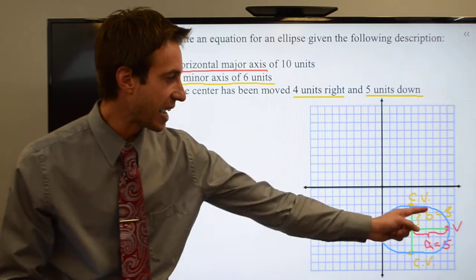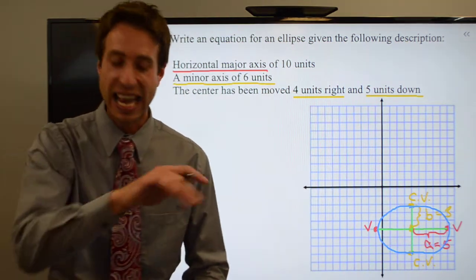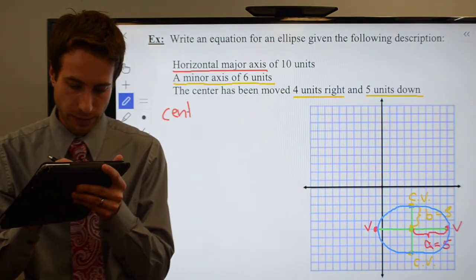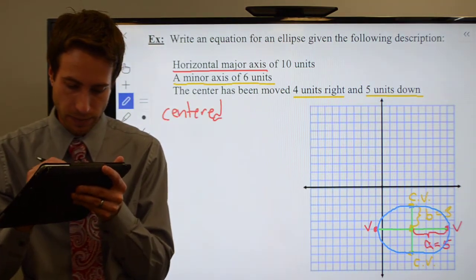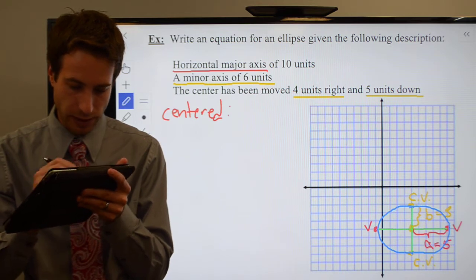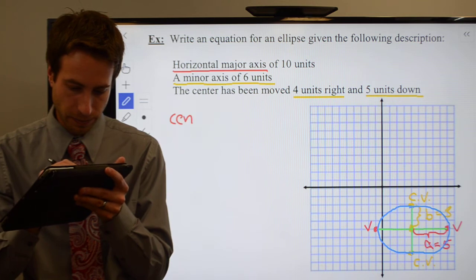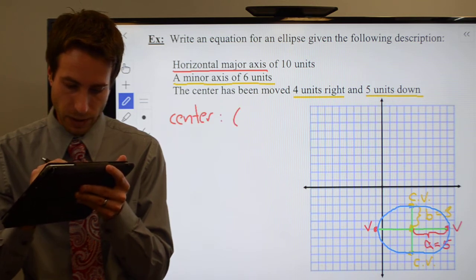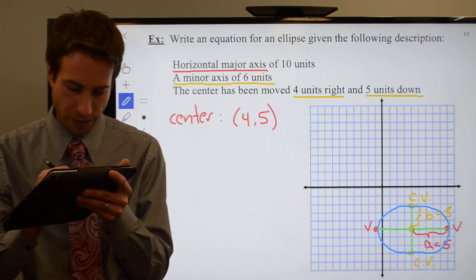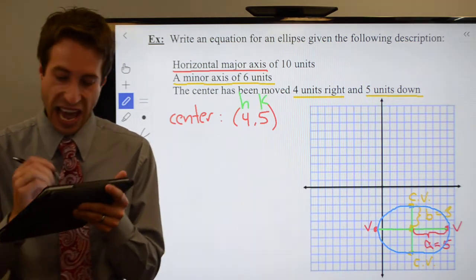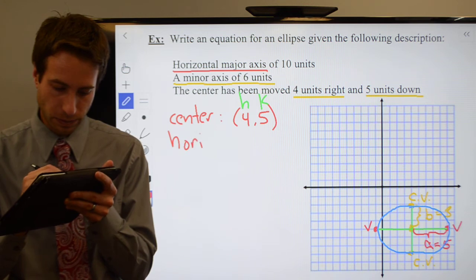I know A and I know B, and it's horizontal. So here's what I know. The center is 4, 5, which of course is H and K, right? The center is HK, and I am horizontal,